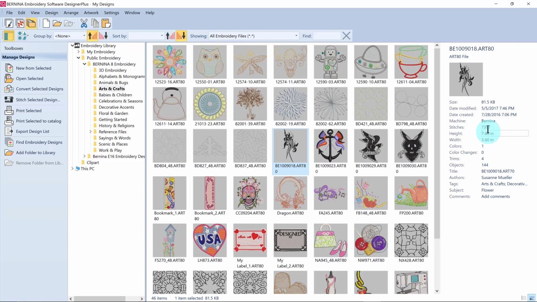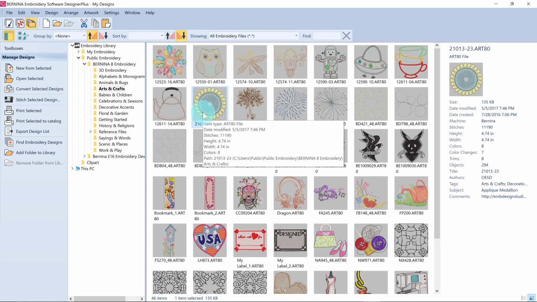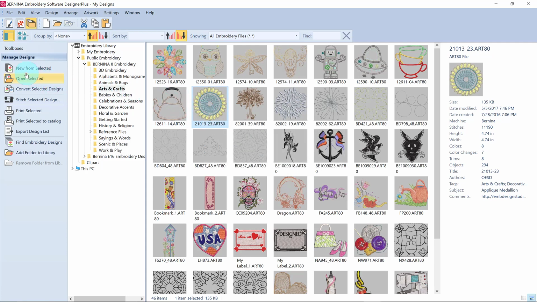If I wanted to bring a design into the software, it is simply a matter of clicking on the design, and then I'm going to come over here and either say Open from Selected, which means it's going to place it on whatever screen is currently active in our software, or New from Selected, which means it will open up a new screen. So let me show you what I mean. I'm going to say Open from Selected,